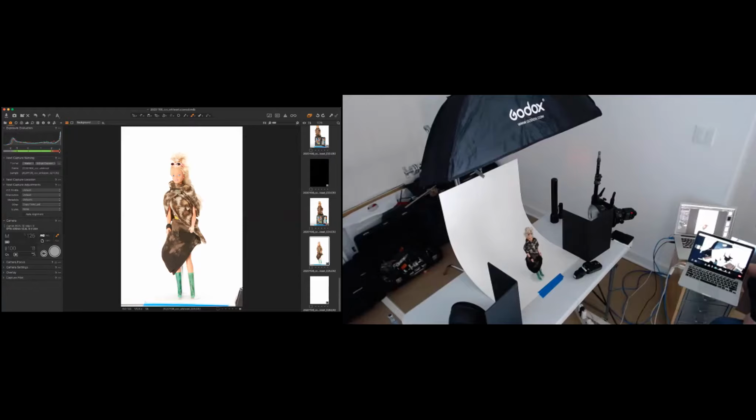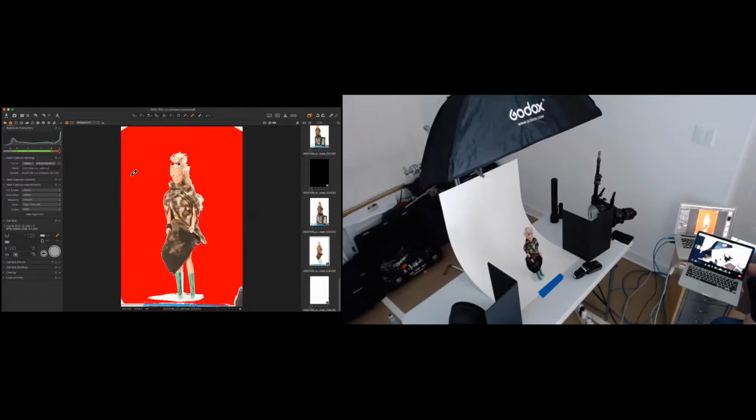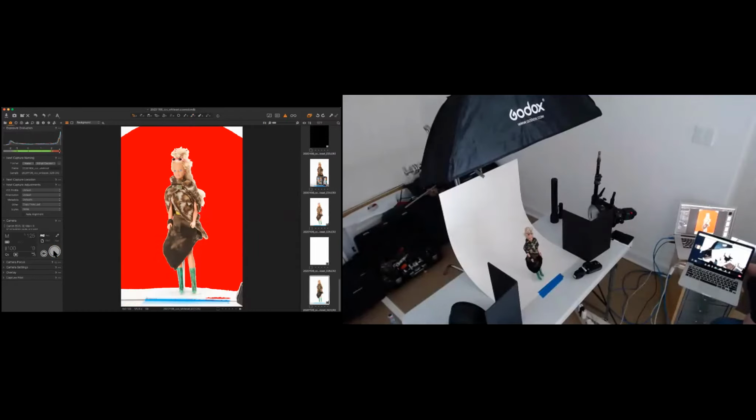To find out if it's correct, again, I'm going to leave my warning on. I'm simply going to stop down 1/3 of a stop. If this is set correctly and I stop down 1/3 of a stop, this background should start to tear apart. That red should start to tear apart. And if I click on this, you can see that the floor did tear apart, but the sides did not. And that is telling me right now that these sides are too strong. I need to back them off.